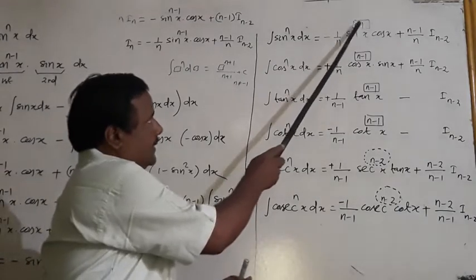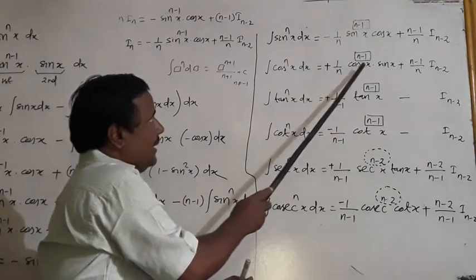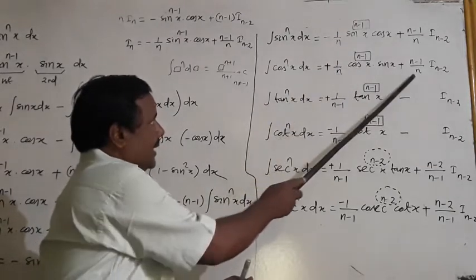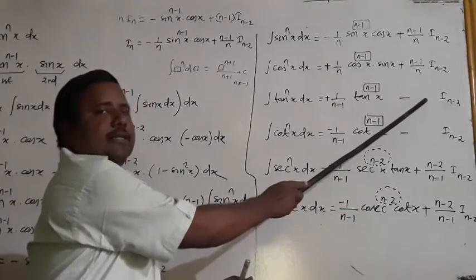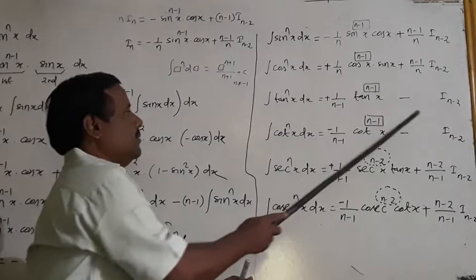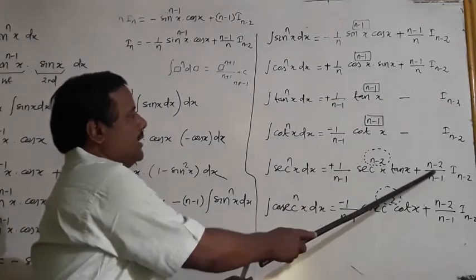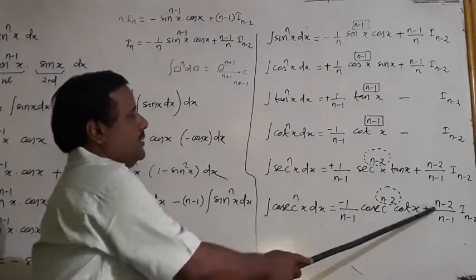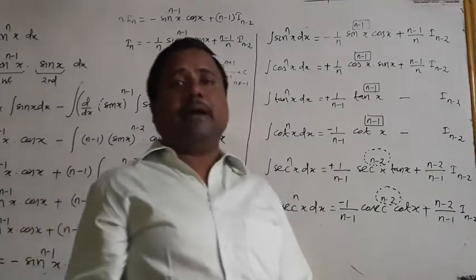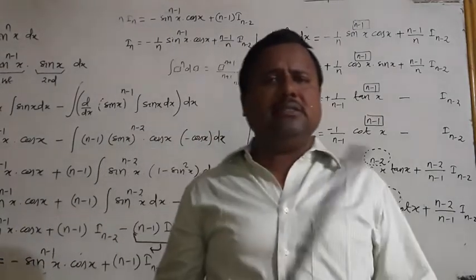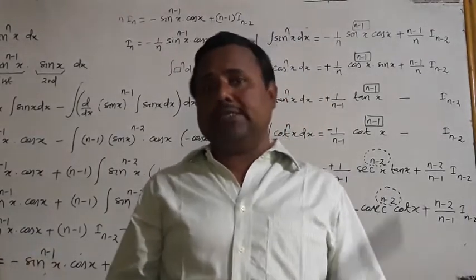Then what is happening there? Look at here. This is n minus 1 by n, and n minus 1 by n minus 1. What is that? That is 1. It is not written here. This is n minus 2 by n minus 1. It is written. First of all, you should write this 4 to 5 times in your copy. And this is a very helpful problem for the board examinations.